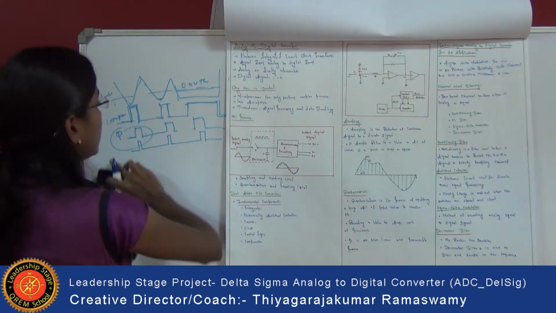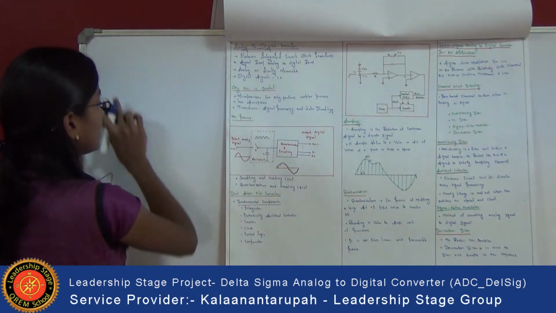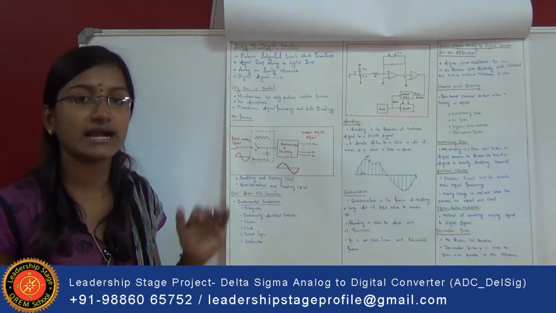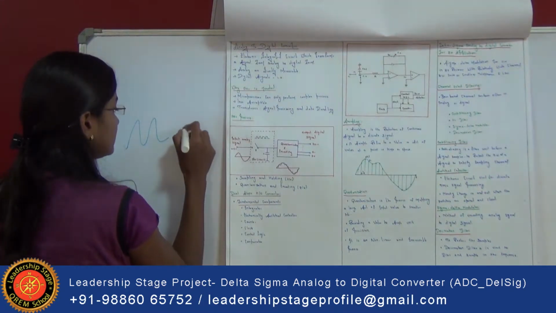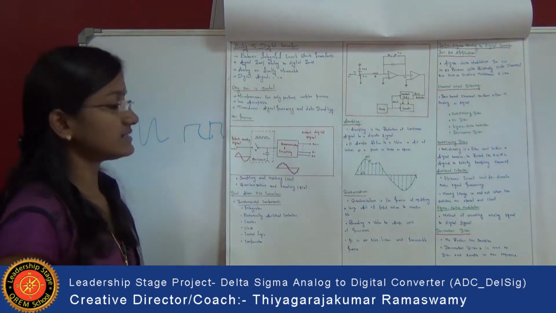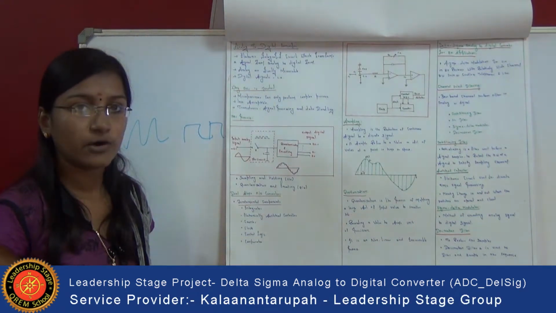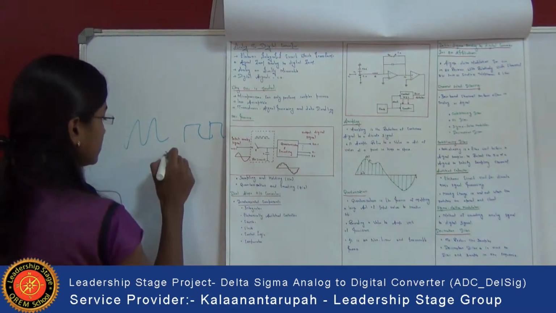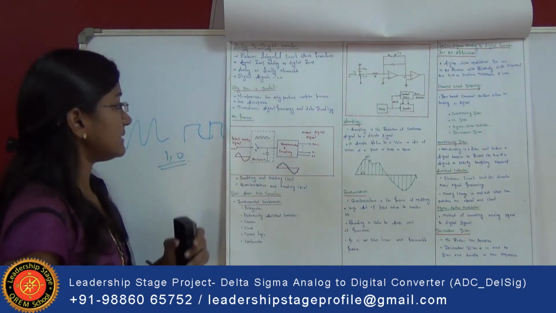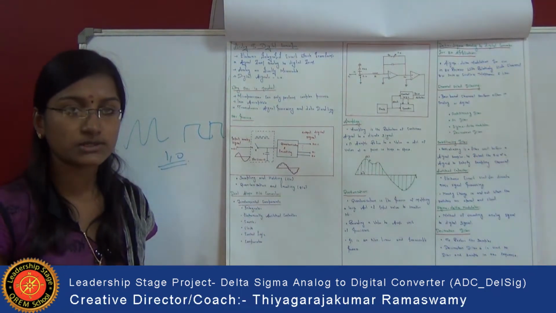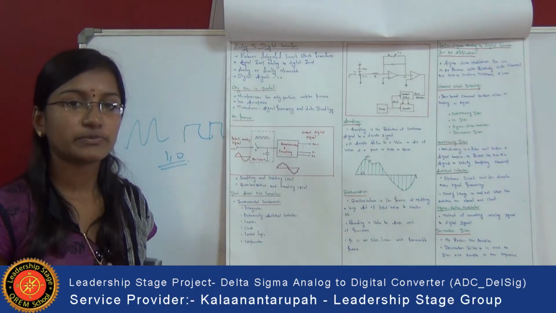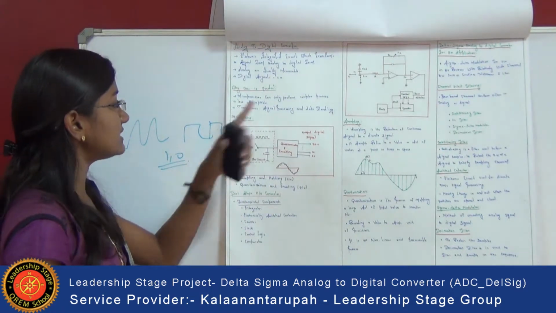Next, we are going to see the analog to digital converter. An analog to digital converter is an electronic integrated circuit which converts analog signals into a digital signal. These analog signals are directly measurable, and these digital signals are in digital format, like binary format, ones and zeros. Next, why are we going to use this ADC? A microprocessor can perform complex operations only in a digitized format. In order to make the microprocessor perform complex operations, we use this ADC.